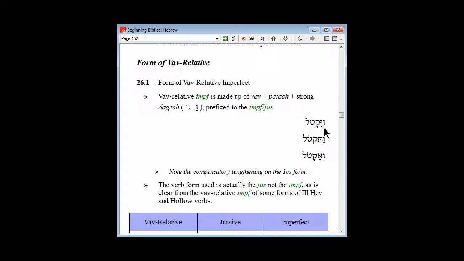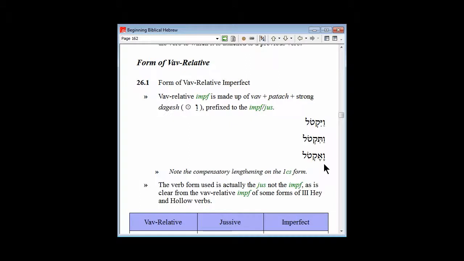The dagesh goes inside the first consonant of the verb form, and that's the pattern. Vayiktol. Instead of just yiktol, it's vayiktol. And we don't have ve-yiktol, like the normal Vav conjunction with the Shava. We have vayiktol, vaitiktol,